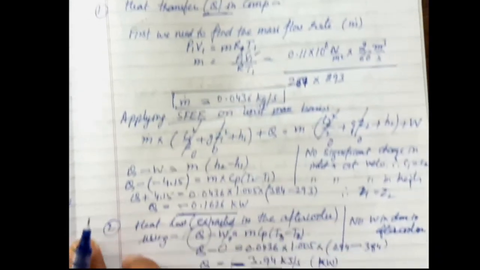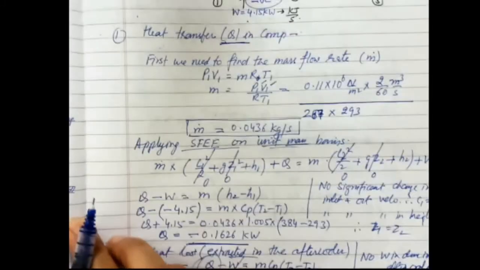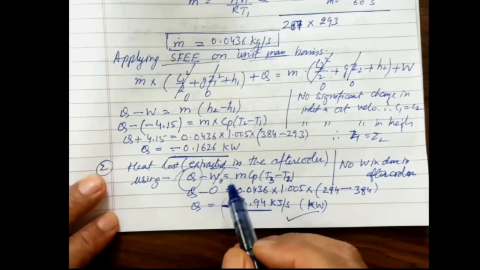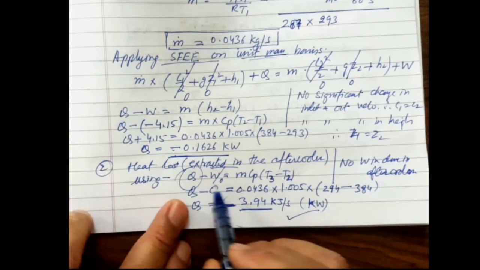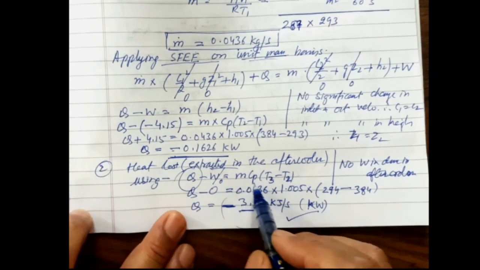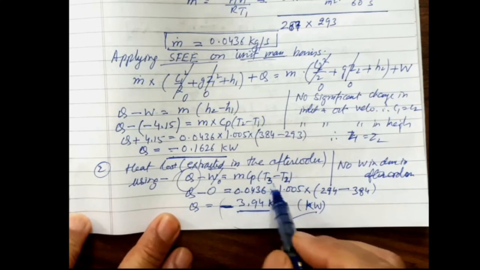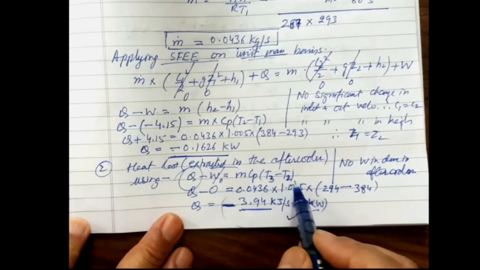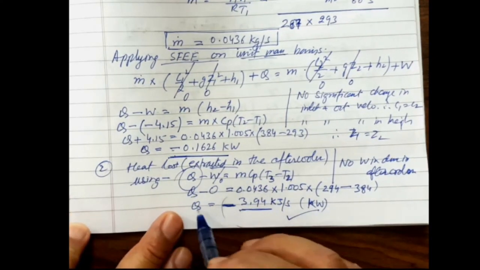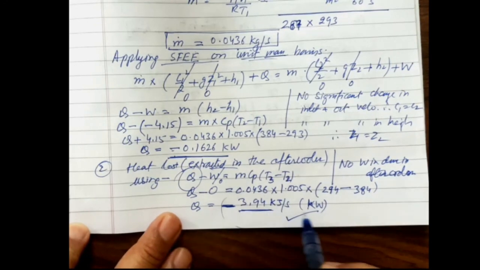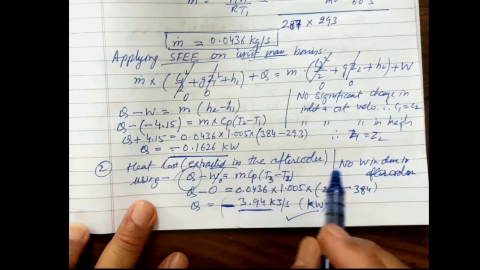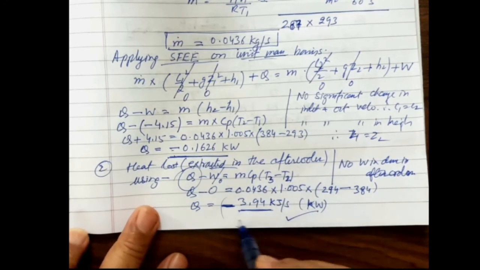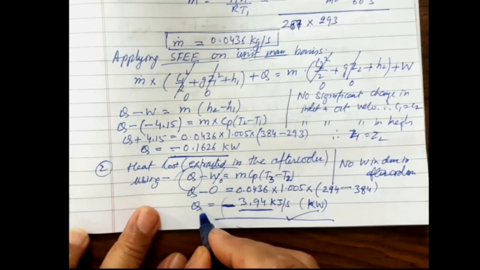Similarly we apply the conditions in the steady flow energy equation at sections 2 and 3. So again we substitute the value of mass, specific heat at constant pressure, and temperature 3 and temperature 2. So at this end we also get the heat transfer rate as negative. So it means we are getting the right answer, because it is negative. It means heat is extracted out of the after cooler. So this is what we have been asked. So you can write it.